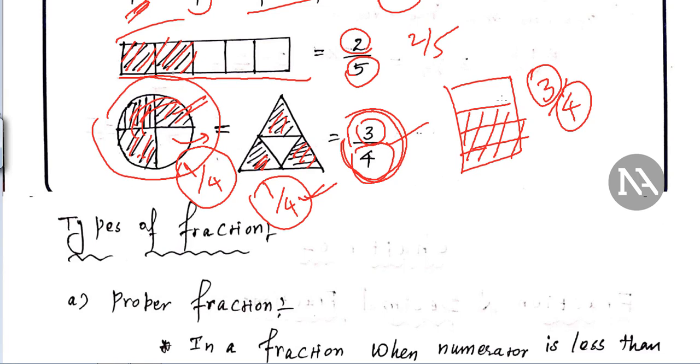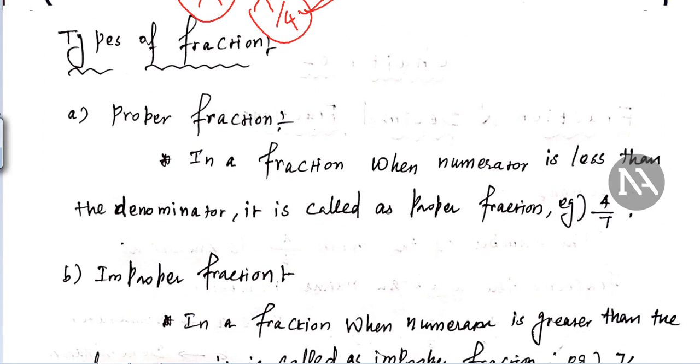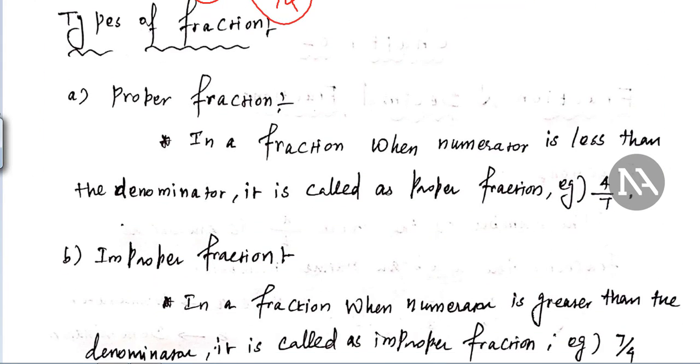Similarly for this case also, water tank or any other work. Right? So next we are going to see types of fraction. First type is proper fraction. What is proper fraction? Already we have seen that a fraction we have to represent in this form: A divided by B. A is called the numerator, B is called the denominator.